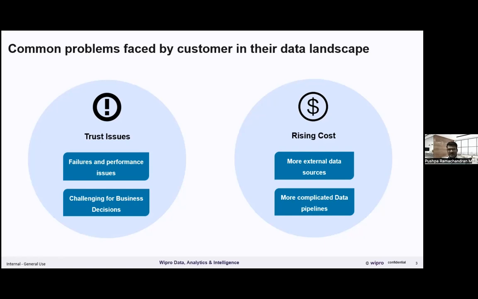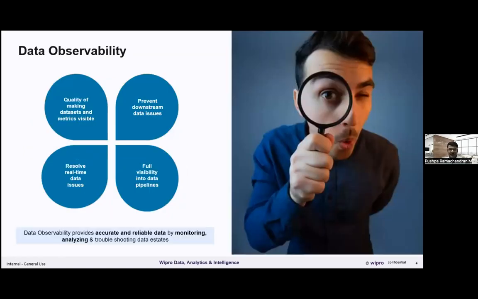Let us delve a bit deeper into each one of these areas. Let us start with maintaining the trust in the data. What are the parameters that can impact this? The sheer volume of data that is flowing into the decisioning systems today, and the fact that it is not only originating from within the organization, but comes from multiple sources outside the organization, and more importantly, in multiple formats as well as at multiple velocities. Some of them could be streaming data, some could arrive in batch, but how do you manage all of them and bring them together for the right decision-making system becomes a very important factor to consider.